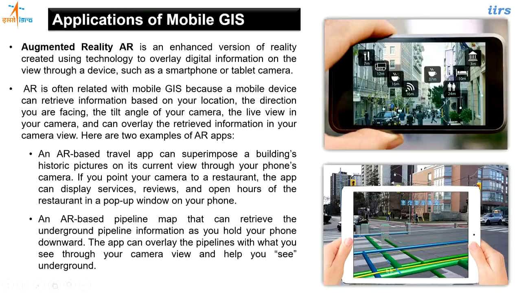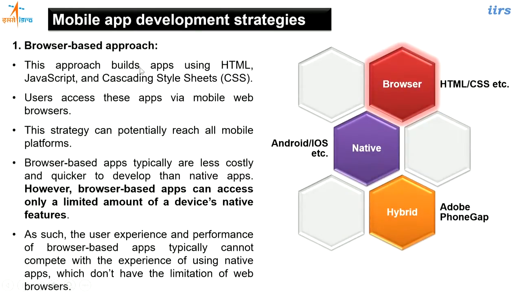Another example here: underground pipelines. Now this is also one good example of augmented reality. In your mobile phone you are seeing all these pipelines which are generated using GIS, but in reality these pipelines are all under the ground, and your mobile GIS application is providing you the view of those pipelines on your screen. So it is augmenting your application or your workflow. So augmented reality is another application of mobile GIS. Now let us talk, these were the four applications of mobile GIS.